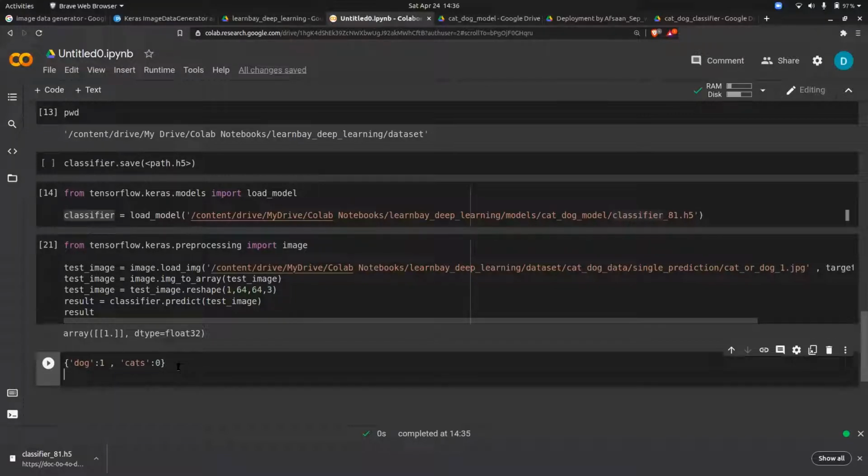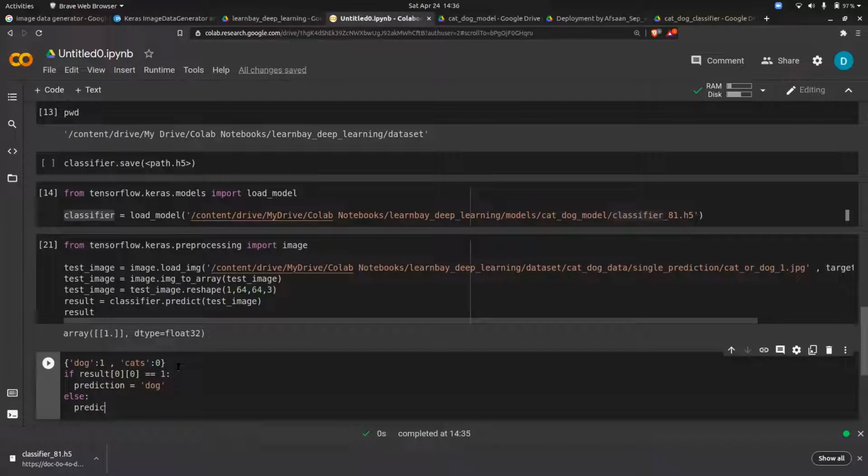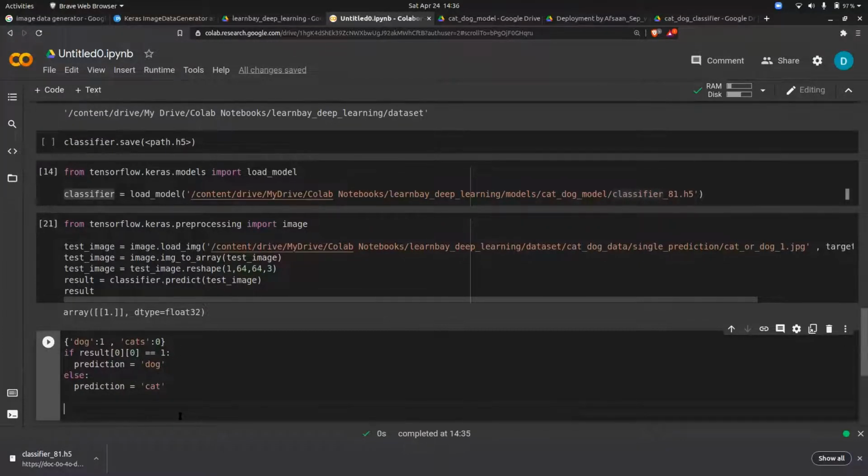So what you have to do is, if result of 0 and 0 equals 1, prediction equals dog, else cat. Okay, so once you have done this, you can put a print statement.